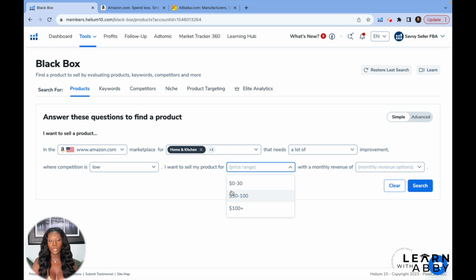Here, I would also encourage you to put $0 to $30, maybe $30 to $100 if you have a bigger budget. But for most beginners, you're working with a more modest budget. So you don't want a product that sells for too much, only because in order to purchase a product that sells for, let's call it $100 plus, you're going to have to spend a lot more money. So you might be spending $20 to buy that product to then sell for $100, which yes, you would make money, but you would also need to spend a lot of money to buy that initial inventory,